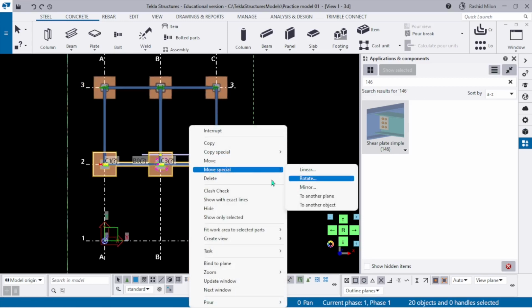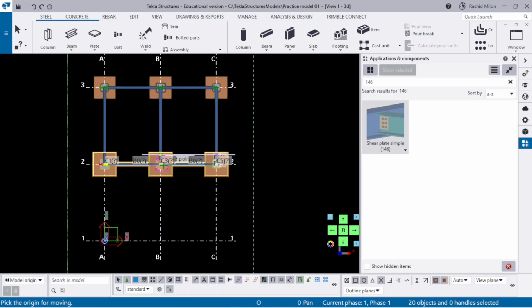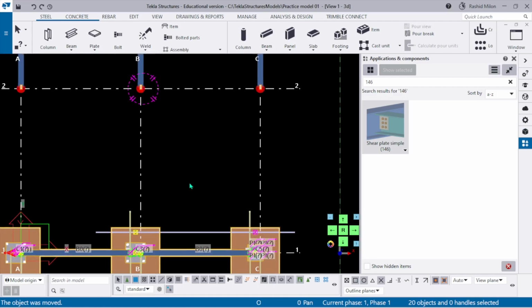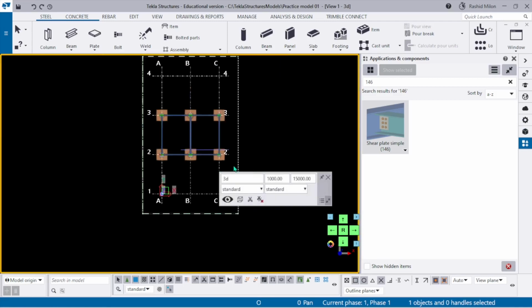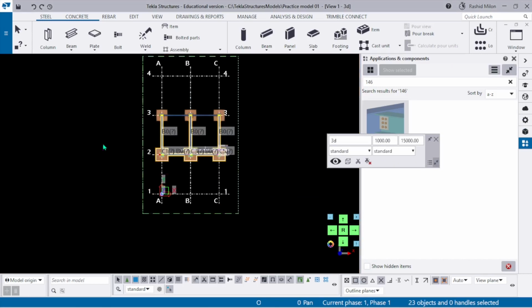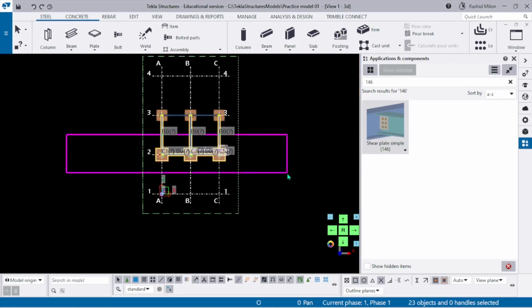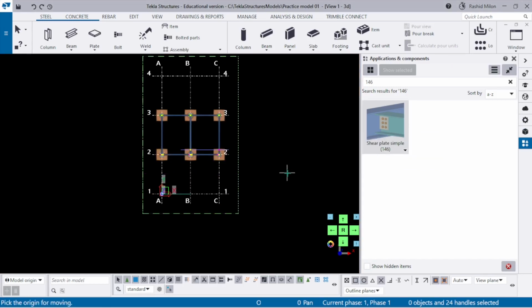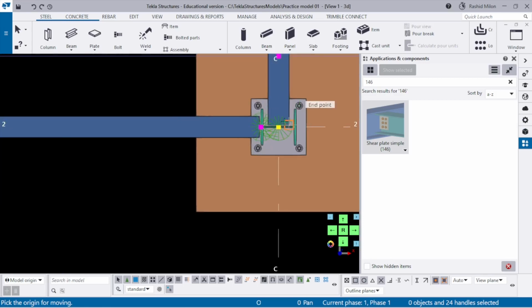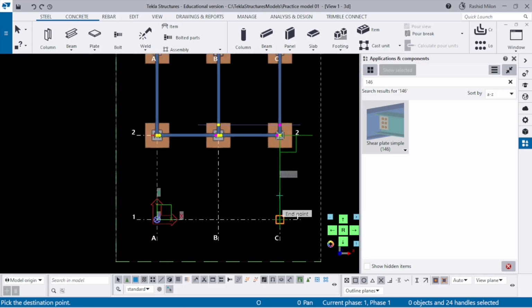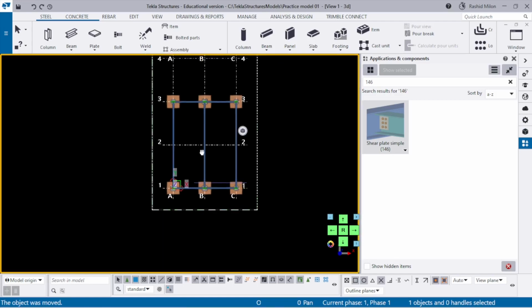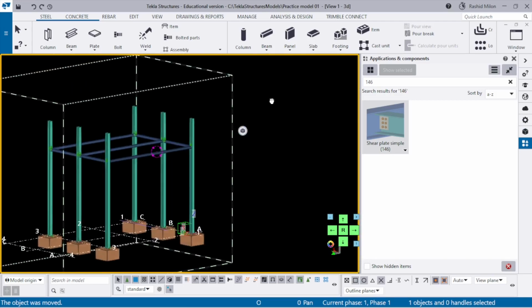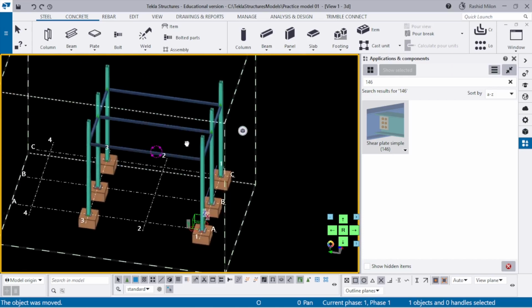Okay. Okay, move. Now we want to extend this, right? Very simple. Click here, click here. Okay, move, center, automatically is extended, automatically extended. Okay,